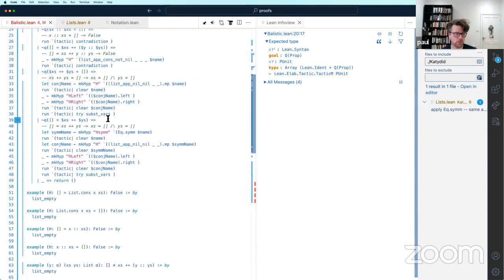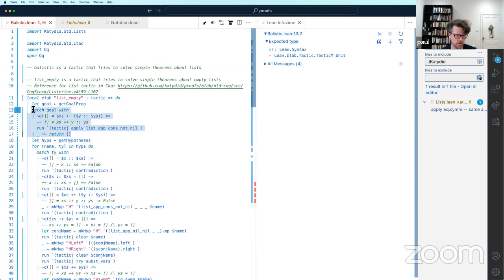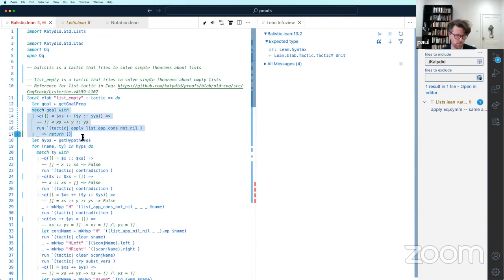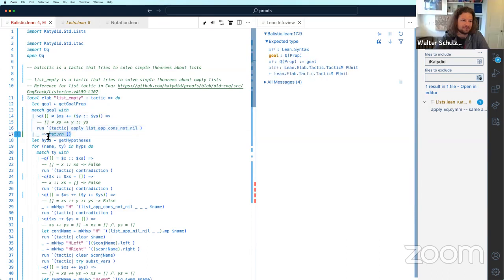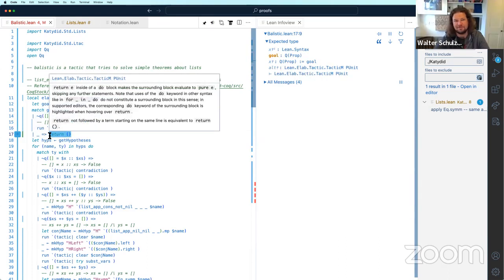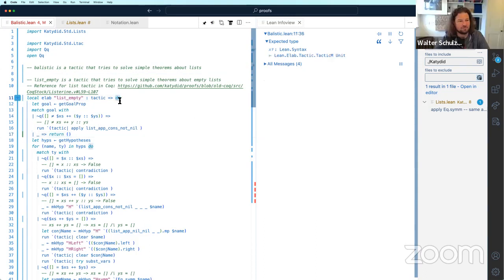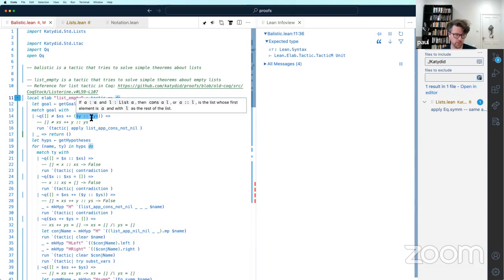It's let this, then do this. But here we're returning. Isn't that like a monadic return? We're in this do block, as far as I understand. So it's just like in Haskell when you have something returning void.